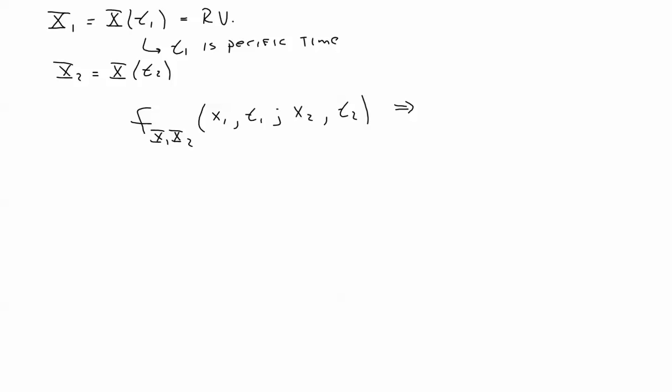This is what would be known as a second order PDF for my random process. And so, for example, what could I do with that? I can integrate